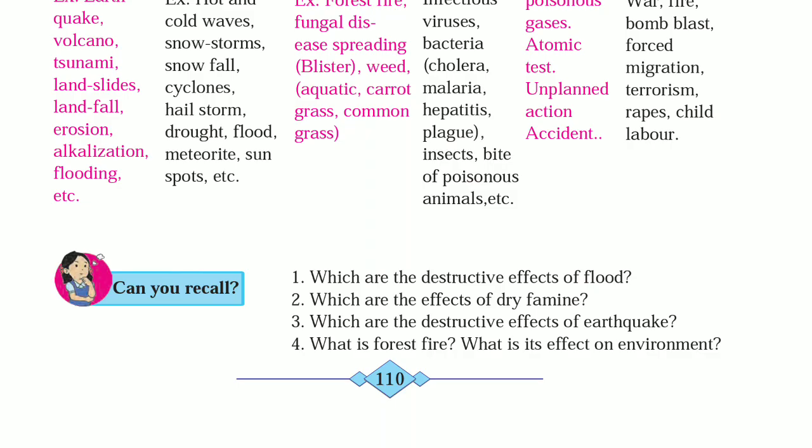What is forest fire? What is its effect on environment? The large spread of fire in dry grass, shrubs and trees in the forest due to heightened temperature is called forest fire. The effect of forest fire on the environment is greatly devastating. Biodiversity is lost, plants and animals die due to fire, the vegetation becomes dead as the plants turn into ash, the atmosphere is full of smoke and hence causes air pollution.